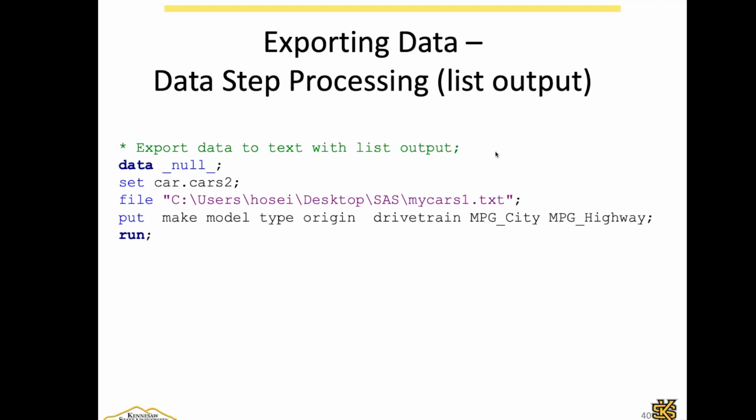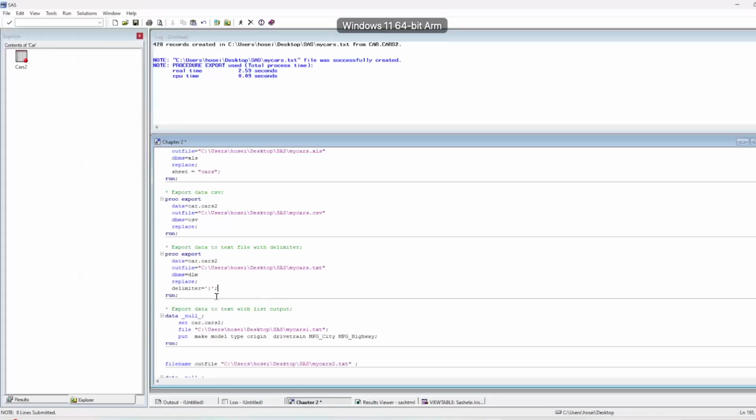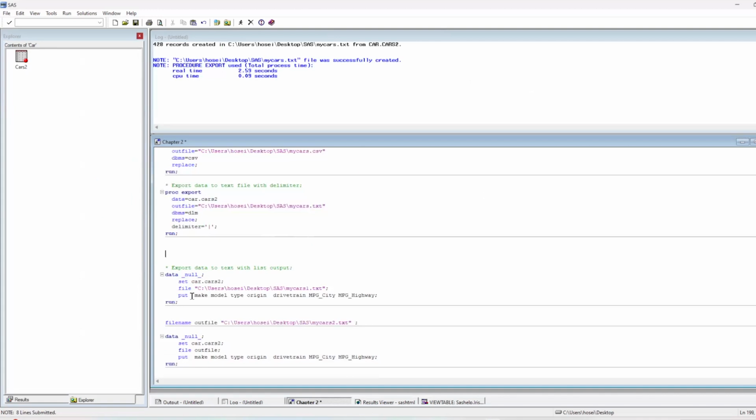But the point is you can define some list on it. So I would like to, for example, have make, model, type, origin, drivetrain, MPG city, MPG highway, that's it. So if I go to the code, this time I am just exporting to the text with the list output. So the lists are here. Instead of using proc import, we are using data underline null underline. So if I just run it,